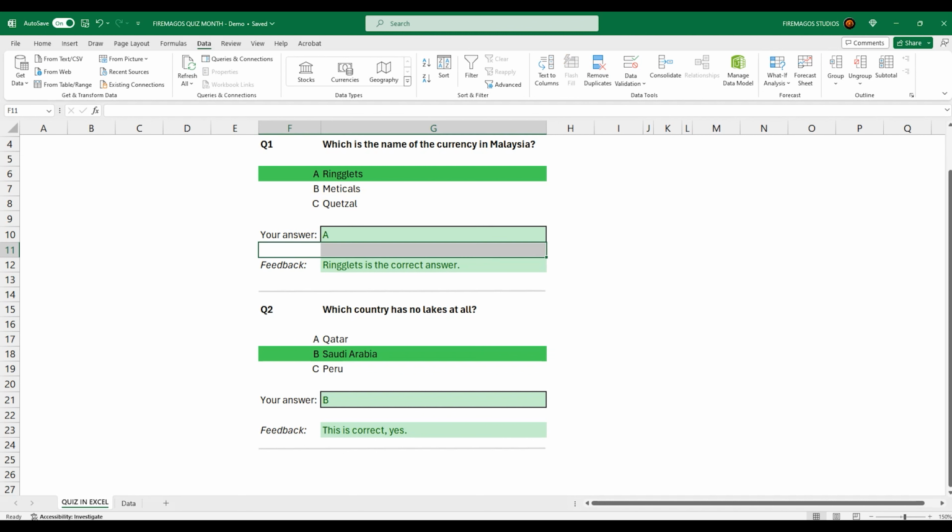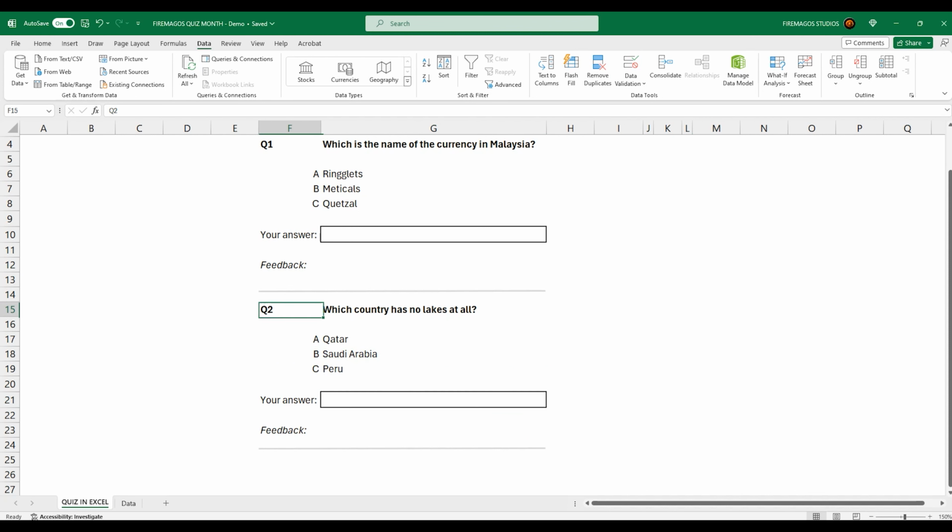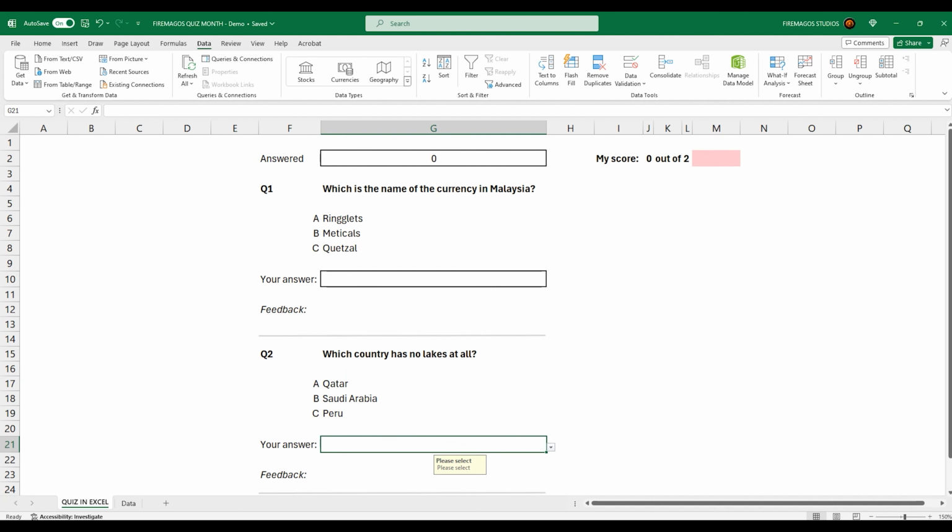Then you can add a new empty line, and then if you decide to add feedback, you can add the feedback. You can put it in any format that you want, and you will have it empty at this stage. So that should be perfect. You can continue on the second question, do exactly the same. Question reference, question text, answer reference, answer text, your answer, again, data validation. So that's the data validation part.